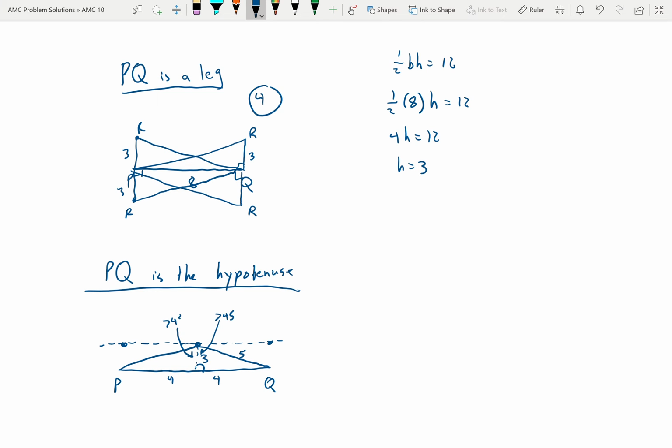That angle's got to be greater than 45 degrees. Therefore, the entire angle has to be greater than 90 degrees. So here is where my point is coming in. We know when that point is in the middle, obviously R can't be there because that angle would be